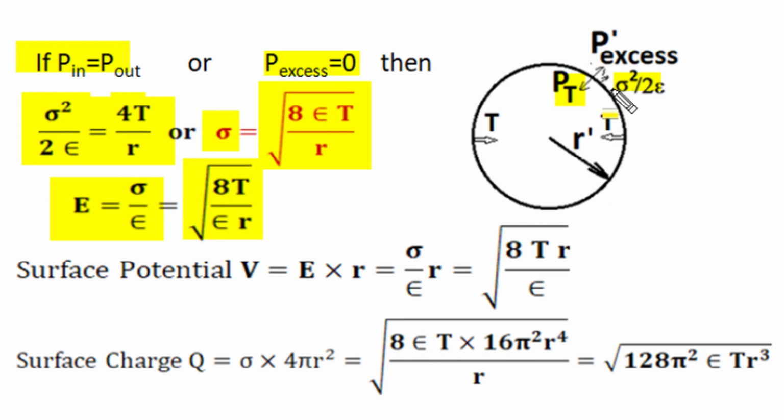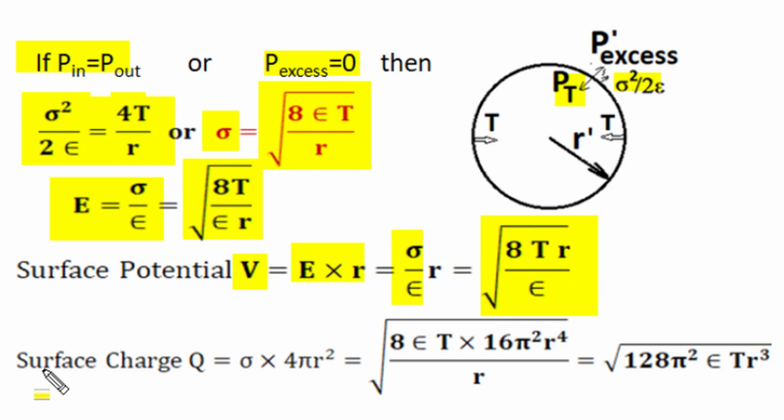We know for a spherical surface the potential at the surface is given as the product of surface electric field intensity and radius of the sphere. So in place of electric field intensity we can write the ratio of surface charge density to permittivity, and surface charge density has the relation square root of 8 epsilon T over R. Then we can say the potential is given as square root of 8T R divided by epsilon. 8T in surface charge density and potential has an identical position, but the positions of epsilon and R in the surface charge density expression and potential have changed. So we can say for a constant surface tension value in a charged bubble, surface charge density is inversely proportional to the square root of radius and potential is directly proportional to the square root of radius.